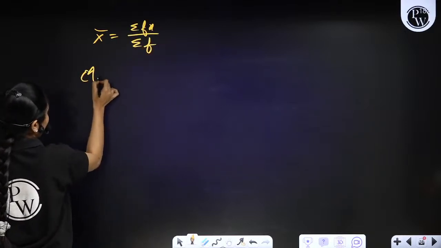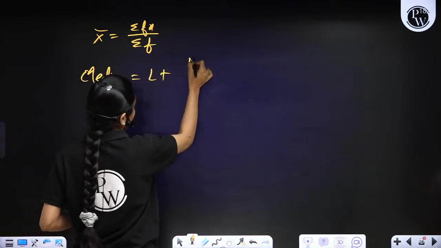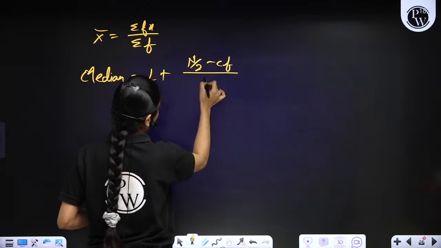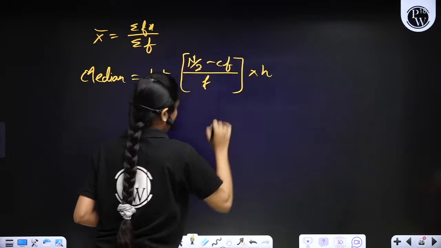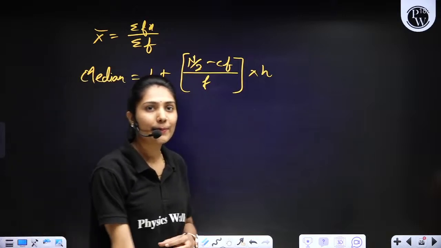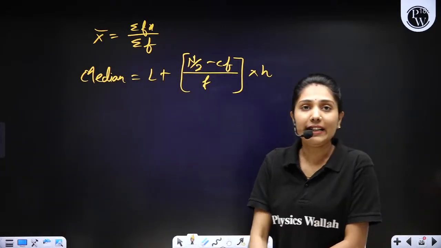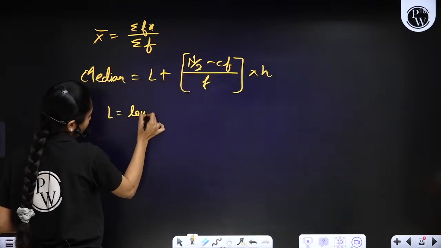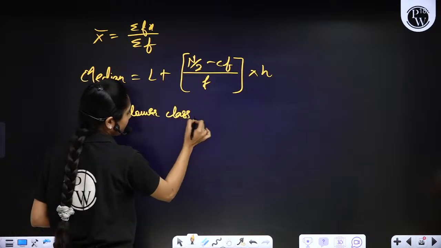And to find the median, it's L plus (n by 2 minus CF) upon F, into H. Correct? That's the formula to calculate the median, where L is the lower class limit